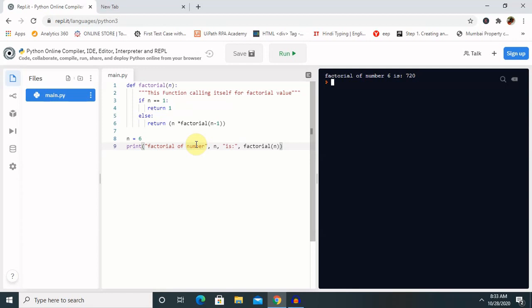Whenever there is an advantage, definitely there should be a disadvantage. Just like a coin has two sides, the same behavior applies to advantages and disadvantages of recursion. Not all problems can be solved using recursion.